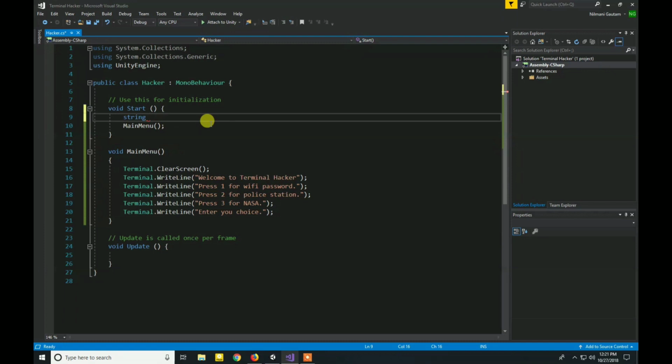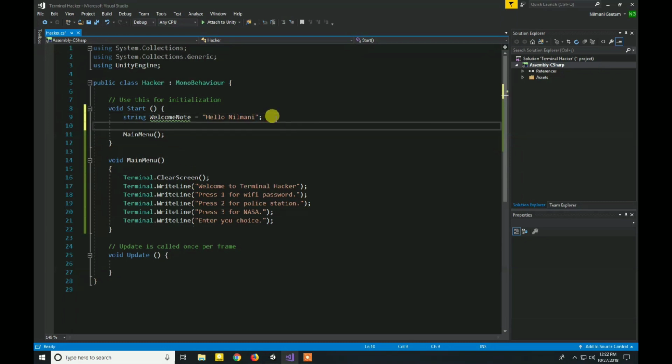Again, I will add the welcome note to the terminal by defining a variable welcome note, and call the welcome note in terminal.writeLine.